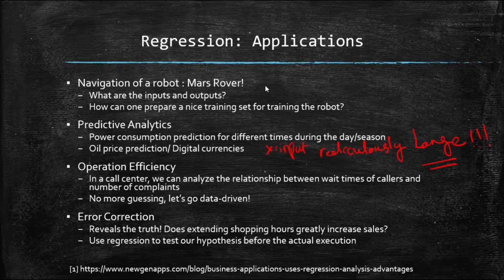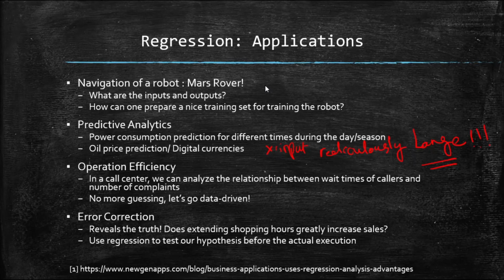So if the waiting time is high, for some weird reason you might find out that the number of complaints did not go high at all, because the final service that the callers got was so good, and maybe their problems were solved by your staff. Maybe they helped the callers so well that they didn't mind having to wait for a long time. Anyways, my point is that by using the training data, you can measure the efficiency of your whole organization,